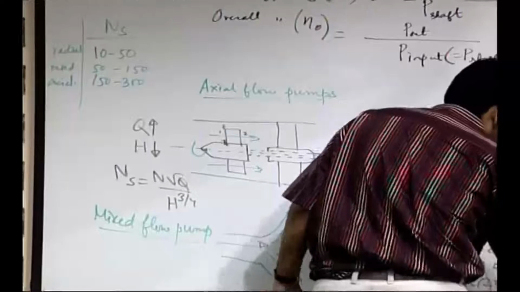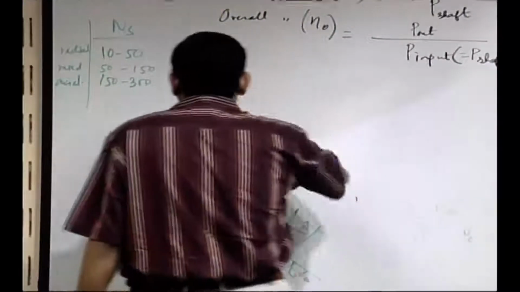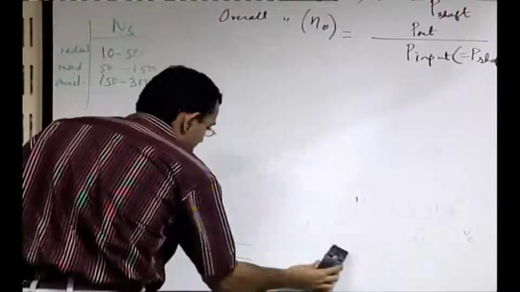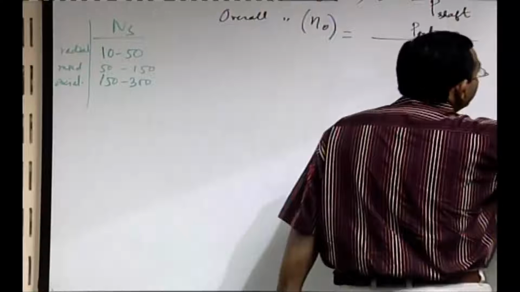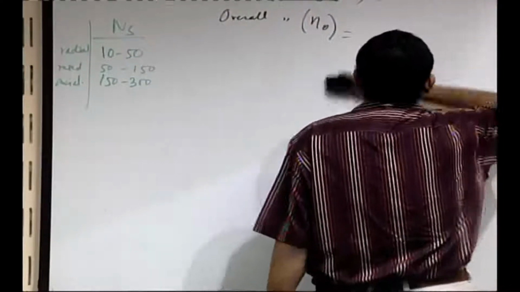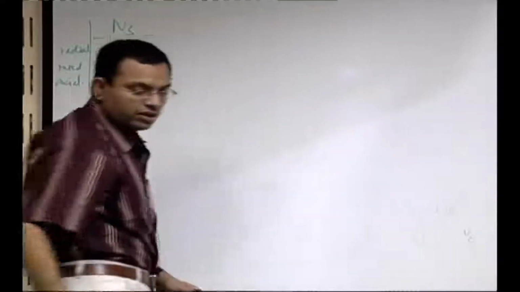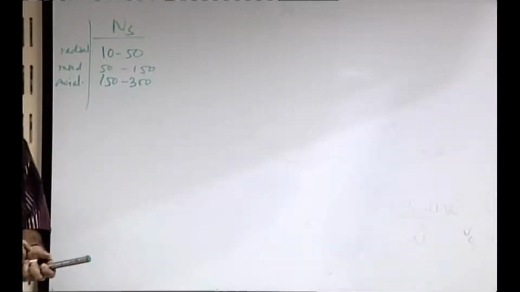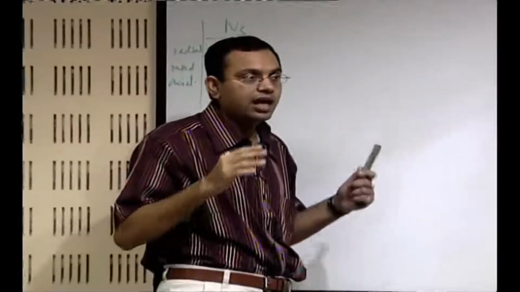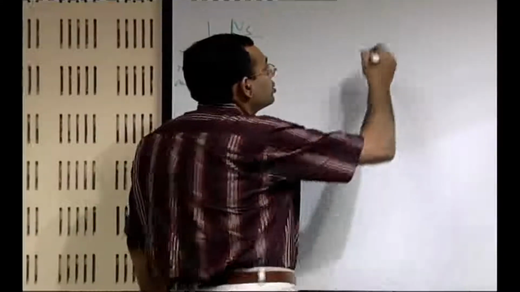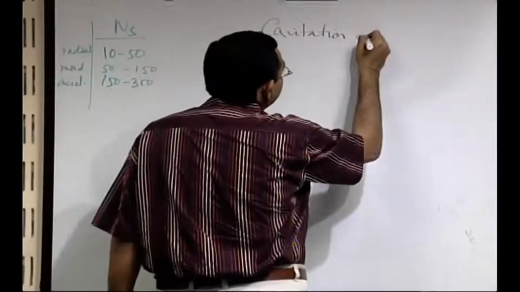Okay. Now the next thing that we will discuss is a very important phenomenon known as cavitation in a hydraulic machine. As an example, since we started with centrifugal pumps, we will try to understand how cavitation occurs in a centrifugal pump. So first of all, we will try to understand what cavitation is, and then we will try to characterize it. So, cavitation in hydraulic machines in general.